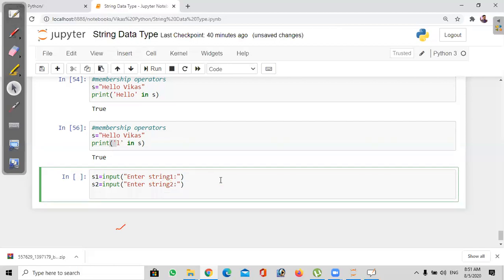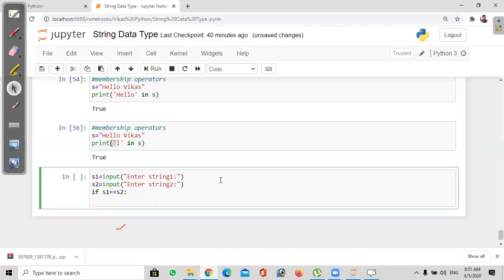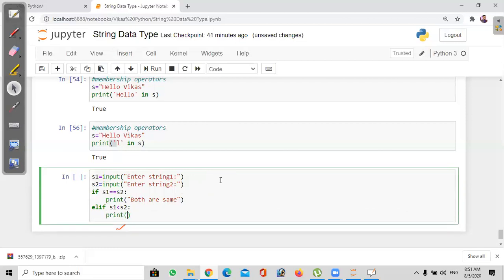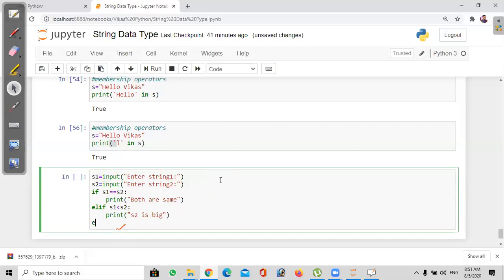Now we use s1 equal to s2, which means both are the same strings. Print both are same. Or else elif s1 is less than s2, print s2 is big, else.